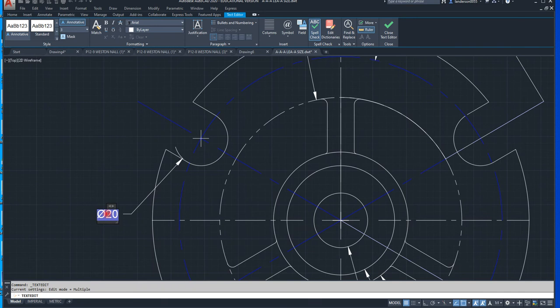Double click, okay. And 3 times 20 at 120